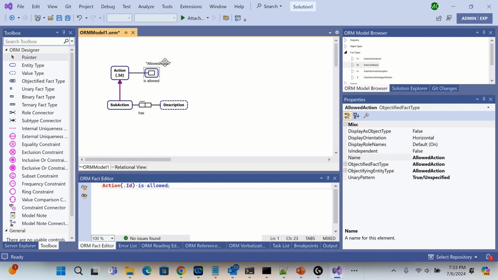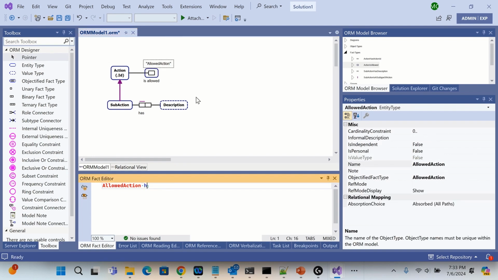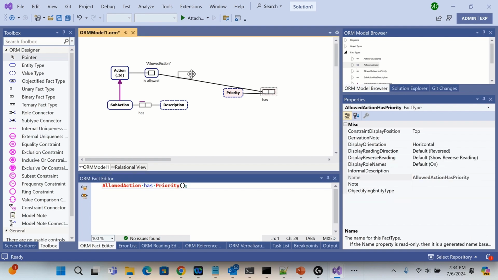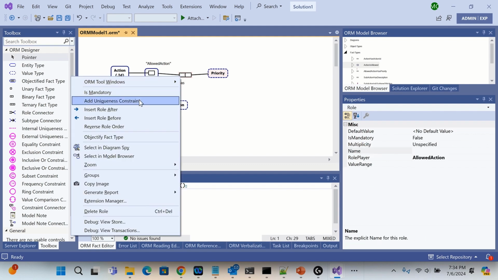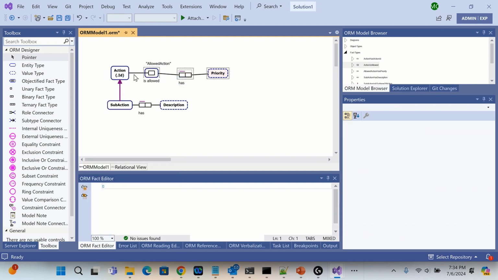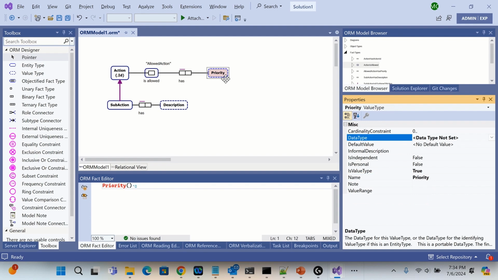Okay, now let's put something on this. Let's go to priority on allowed action only. Okay, there's your priority. And here's your priority there. Let's make a uniqueness. Line those puppies up. Let's give you a data type, numeric,